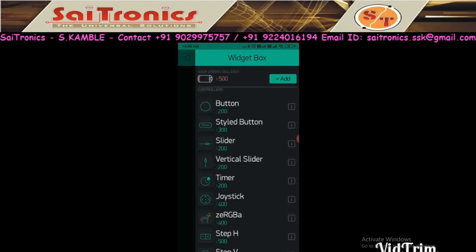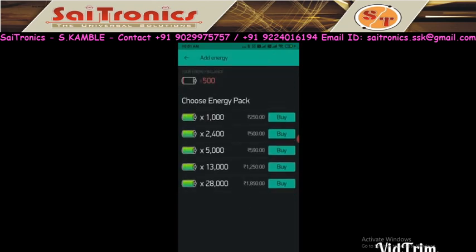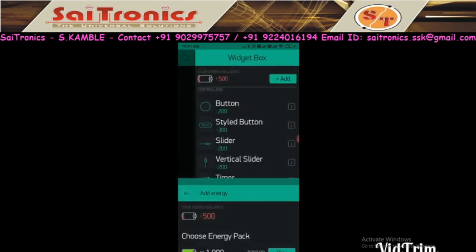By default, when you open this app and start your first application, your energy balance is 2000. If you want to add more balance, you have to pay for the amount. Right now I don't want to add, so I will go back.